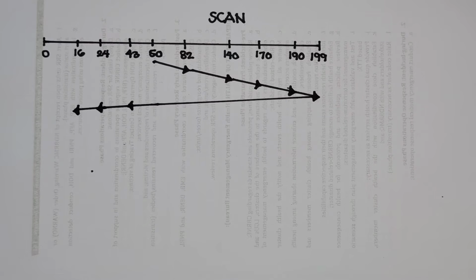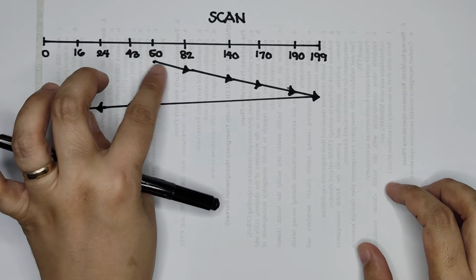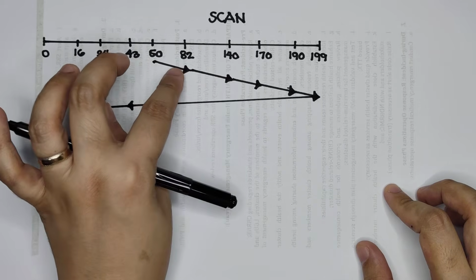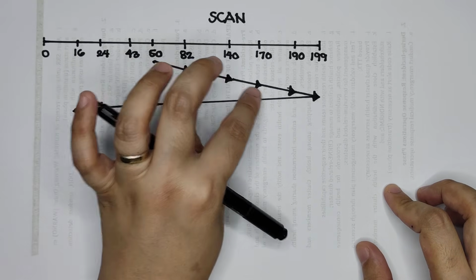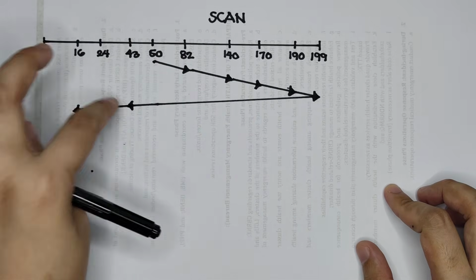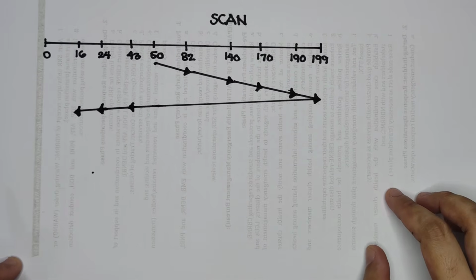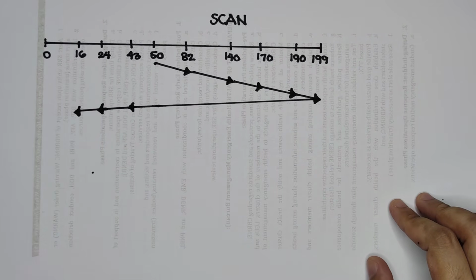So we only have 2 lines. If you were to do the subtraction per segment, 82 minus 50, 140 minus 82, then 170 minus 140, you would have 8 segments for subtraction, but